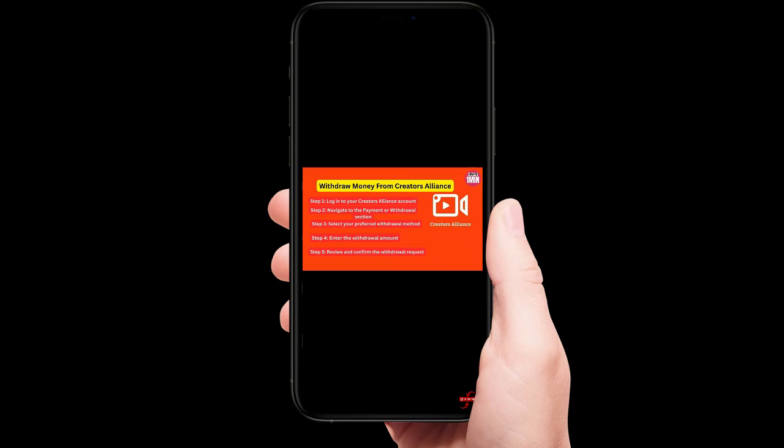Once you're there, select withdrawal method. Choose your preferred withdrawal method. Creators Alliance typically supports options like a bank transfer, PayPal, or direct payments to other platforms, depending on what's available